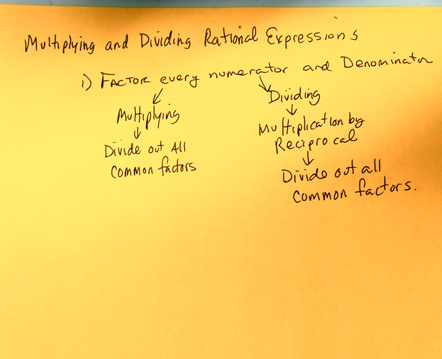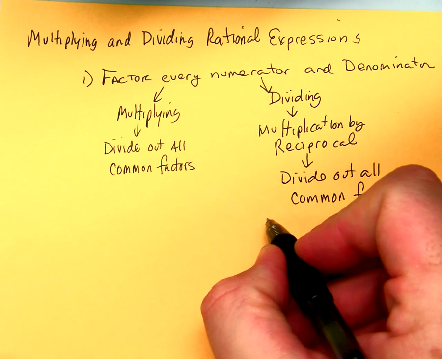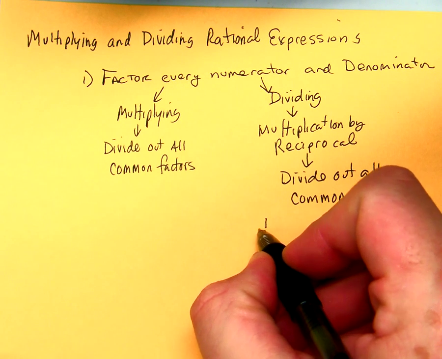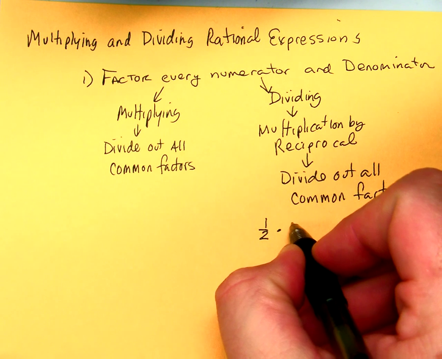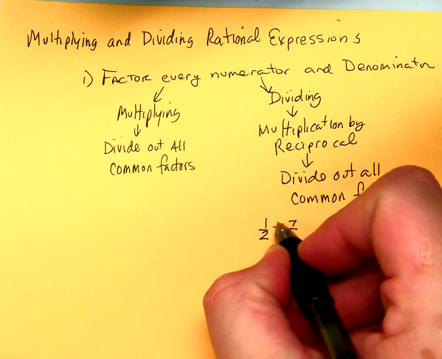If we're just multiplying the expressions, it becomes one big rational expression where we could just start dividing out common factors. If it's dividing, what we'll have to do is take the idea of multiplication by the reciprocal. So if, for example, you have 1 over 2 divided by 7 over 5,